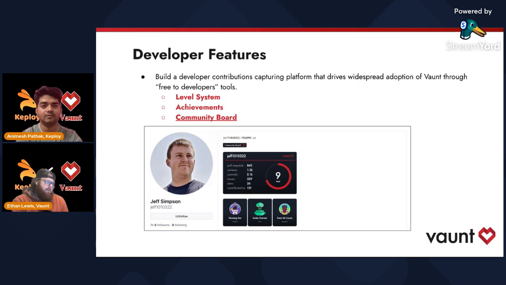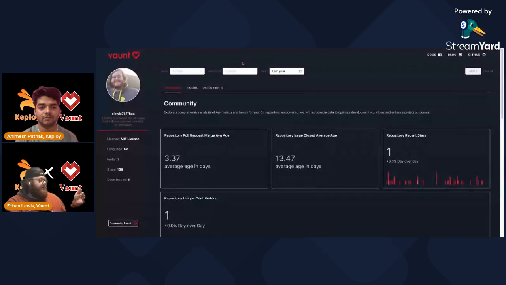So this is an example of a user who has both our community board. You can see that up at this top section here. Our developer card, which is more of a leveling system, shows your overall contributions and really showcases how you're contributing across the GitHub universe, as well as the achievements that they've earned. The really cool thing with the community boards, and I'll see if I can switch tabs here. Yep, that worked. Awesome.